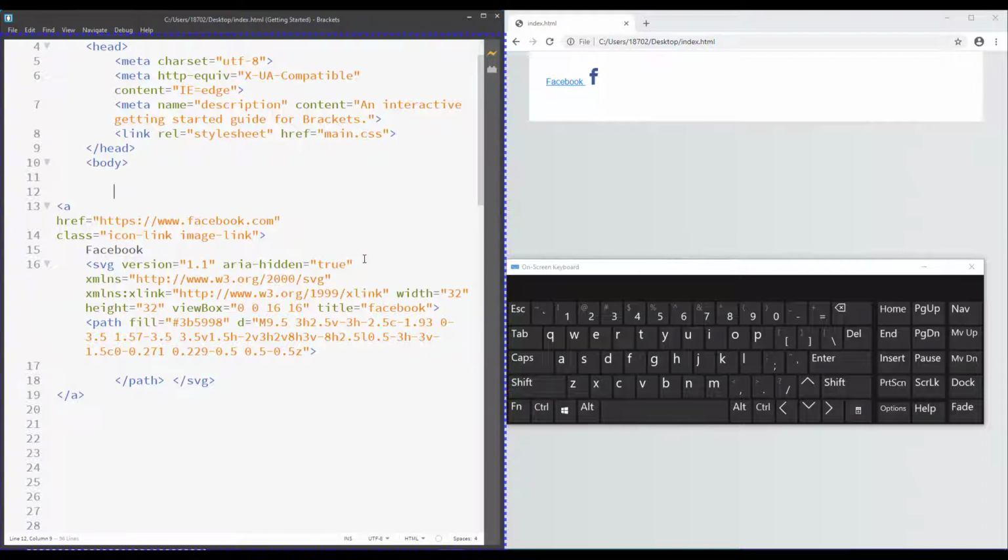Another use case for ARIA Hidden True for SVGs is for Narrator on Windows. When it is on scan mode, it can select the SVG inside the picture, inside the link. That's why ARIA Hidden hides it completely from the screen reader as if it's not really there. ARIA Hidden can have three values: true, false, which basically will show the element up for the screen, which is a default, and undefined. Undefined is when you remove the attribute, and it's up to the browser whether to display it or not.